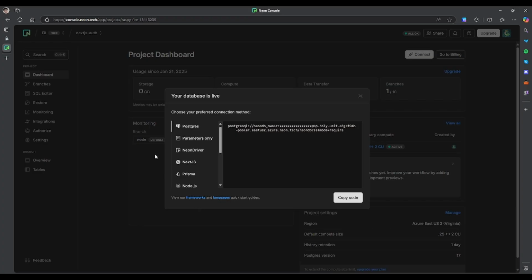And to be able to do that, I am in the Neon.tech website. I just logged into it using Google and just followed the instructions of how you can enter the dashboard. So this is the first time that I enter the dashboard, and there is this modal here, choose your preferred connection method. Down below there is Prisma here, and it says in schema.prisma add this one, datasource db. So let's copy that,